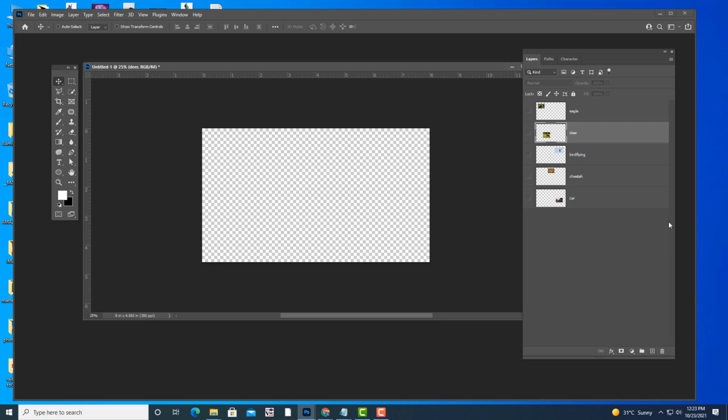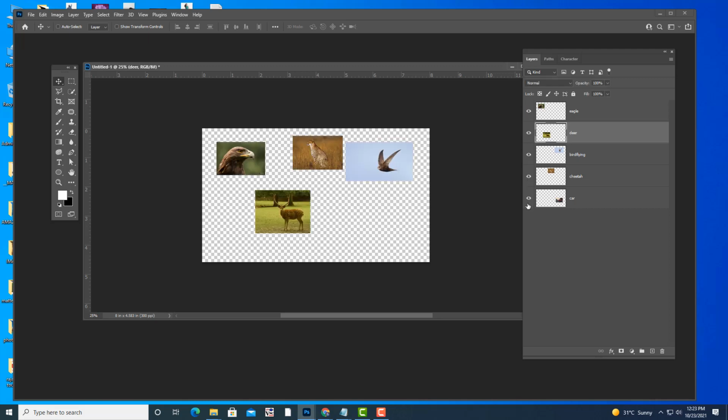Now all layers are hidden. Again, if you want to bring them back, turn on the visibility icon for each layer. Why is this visibility icon useful? When we are concentrating on a particular image, we don't want all images to be visible, so we can hide some of the images for a temporary period.